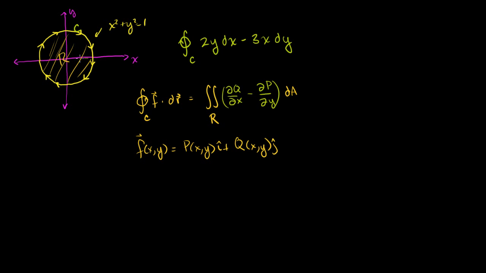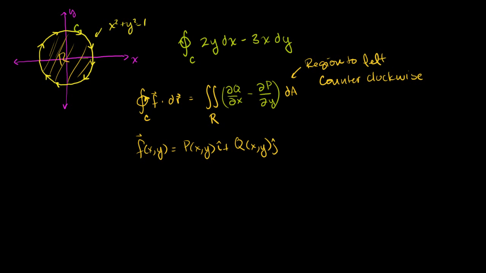Now, there's a slight subtle thing here which would give you the wrong answer. In the last video, we said that Green's theorem applies when we're going counterclockwise. Notice even on the integral, I made it go counterclockwise. In our example, the curve goes clockwise. The region is to our right. Green's theorem applies when the region is to our left. So in our example, where we're going clockwise and the region is to our right,